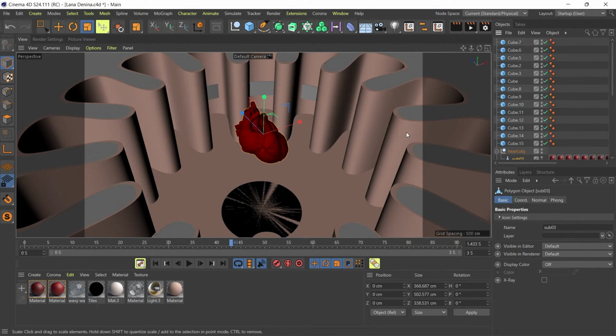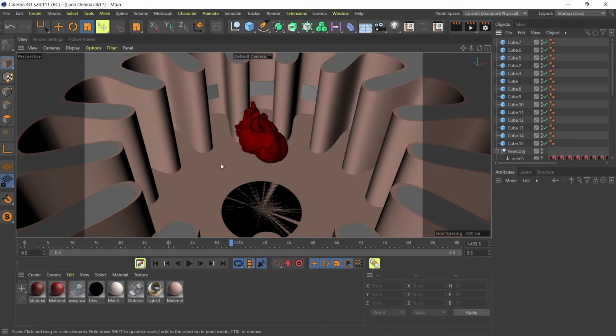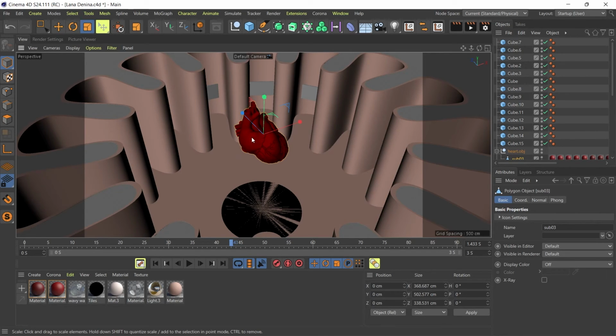So this is how you export your objects separately, individually from your Cinema 4D scenes, and I hope this has